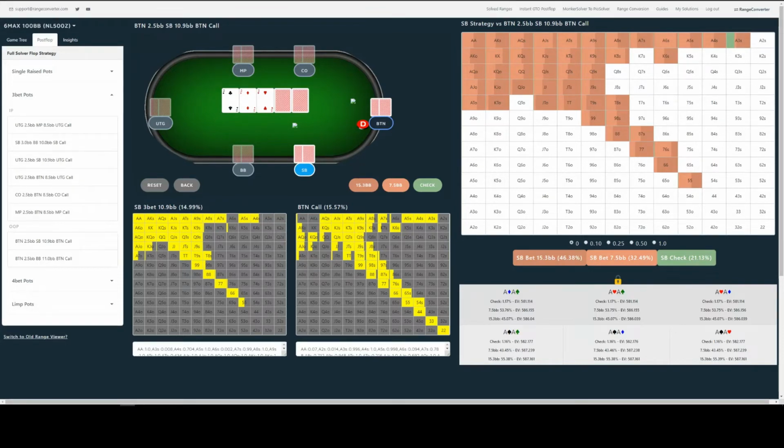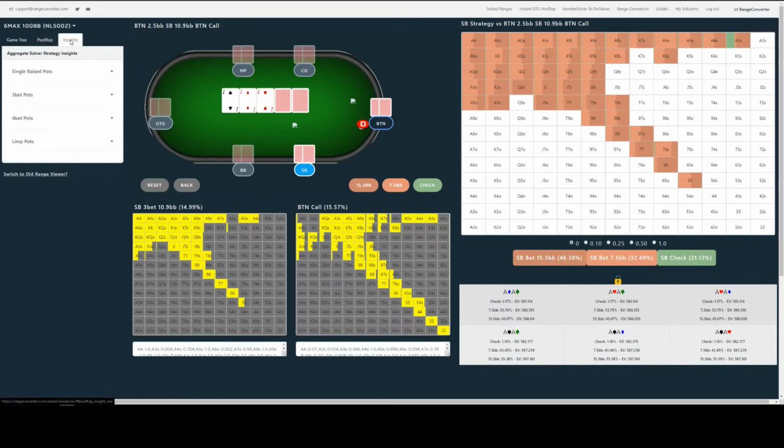And next up, we have the post-flop insights module, which I'm very excited about. It's still early days for that, but it's already pretty powerful, and we've got a lot of exciting features coming out for that. So let's just click and see what that is. To access the insights module, just click on the insights tab here, and it's much the same as post-flop.